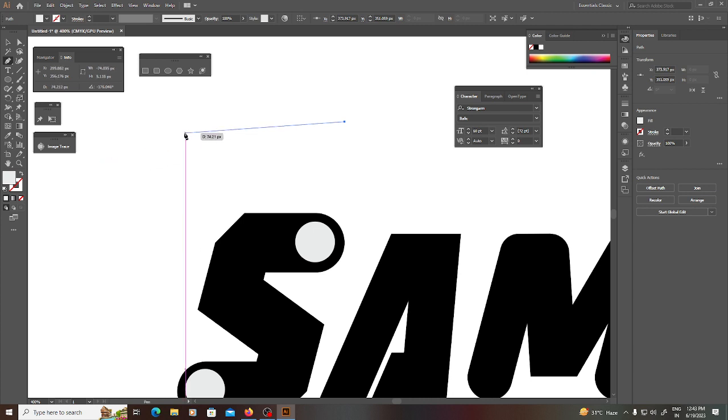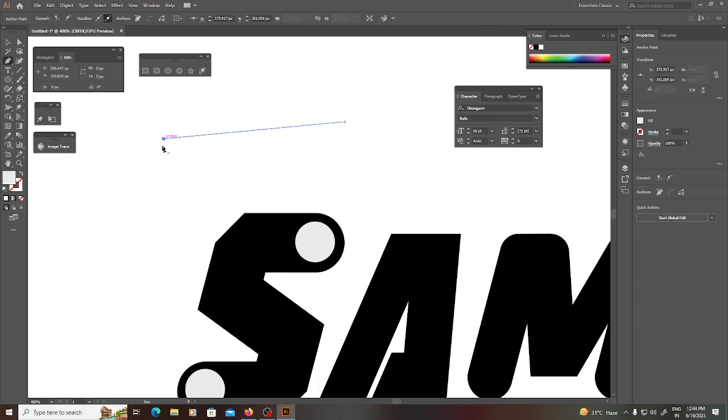This connector line forms a connection between the two nodes, right? So if I click on that, click on this, click on that, click something like that, as you can see, the software is automatically filling up the spaces between them, right? So if I click on this one, click over here, click over here, and if I click back where we had started, the whole shape is completed with a fill